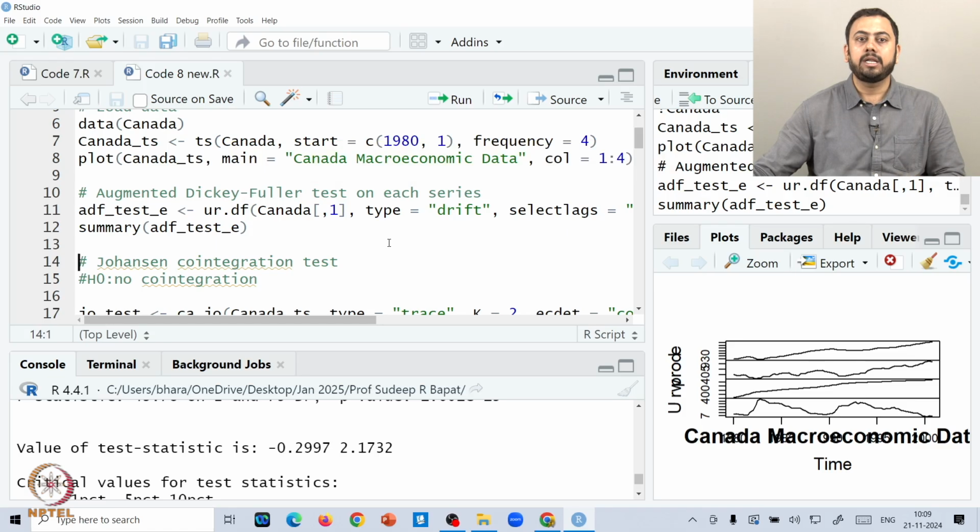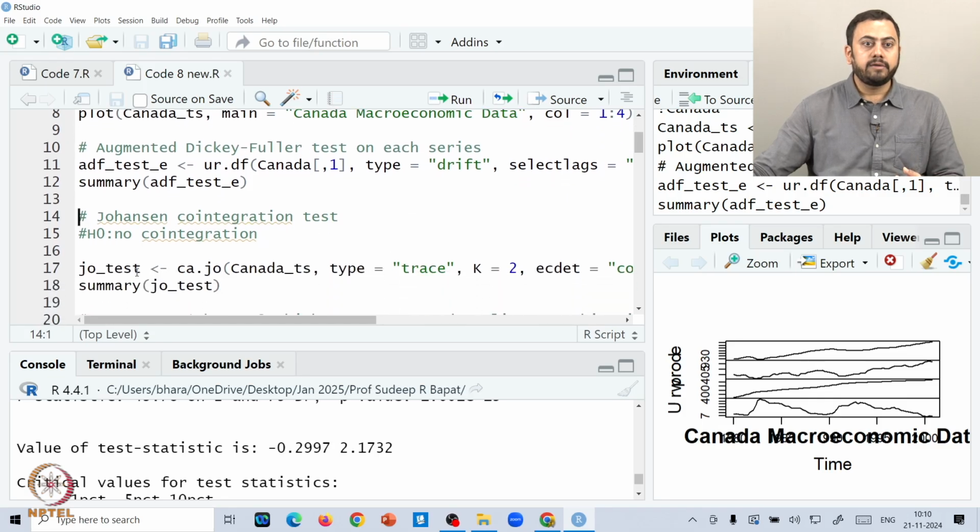And again, probably in the last session or the last to last session, we've covered the entire theory behind how to develop the co-integration test, and what exactly you mean by applying a test for checking for co-integration, and what all co-integration tests one has, right? So from that theory session, if you remember, one of the very famous tests was the Johansson test, right? So we'll try to apply this Johansson test on some of the variables. So the name is Johansson co-integration test, and again quickly just to remind you what exactly the null hypothesis is. The null hypothesis is no co-integration, of course, and the alternative hypothesis is that there exists some co-integration between the series.